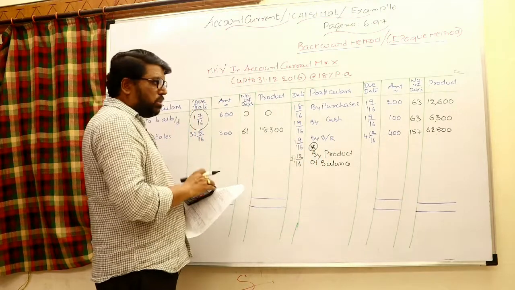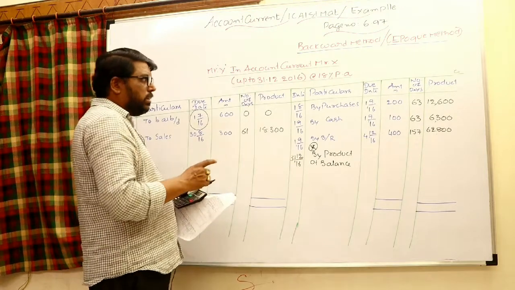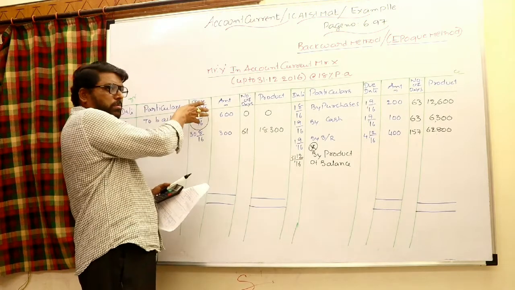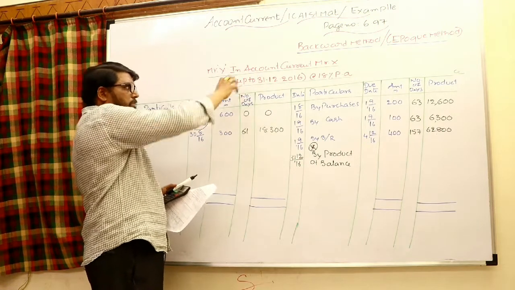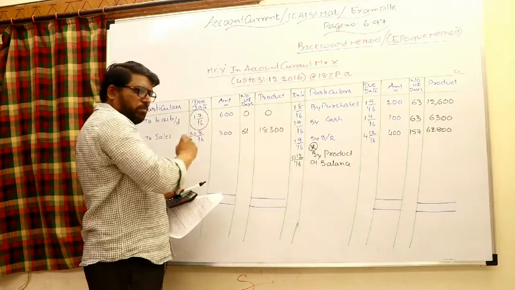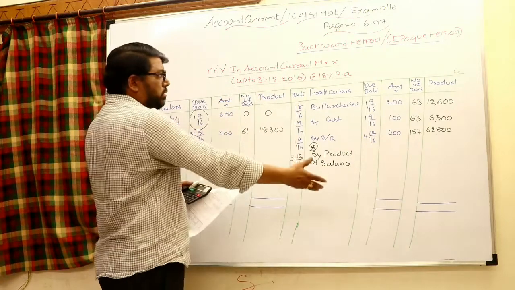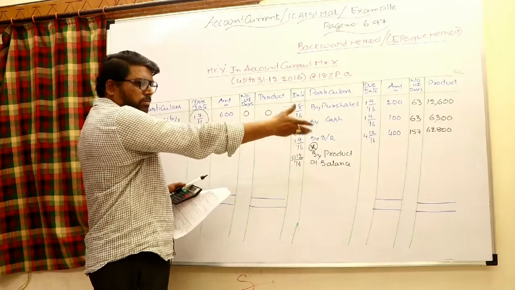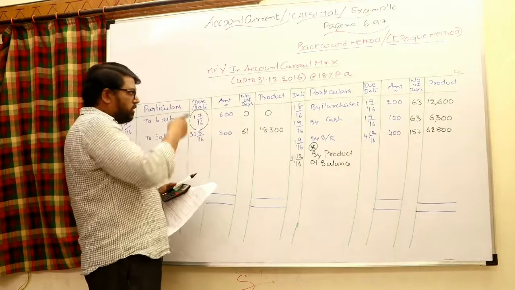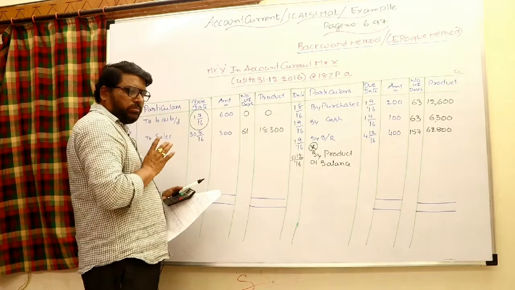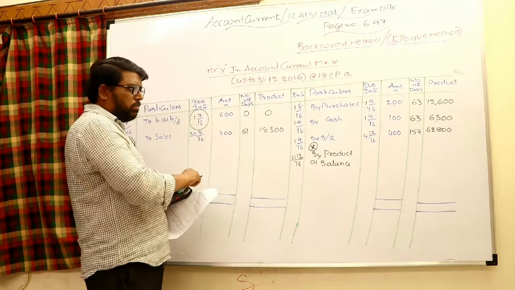So actually this is a very significant point which you have to consider. In the forward method, for the opening balance, from the opening balance to the settlement date, we take the complete number of days, and a big product will come for the entire days. The closing product will be 0, because the closing date will be the same, number of days 0, product 0. Here it is completely reverse. For the opening balance it would be 0, and for the closing balance you have to take the total number of days.